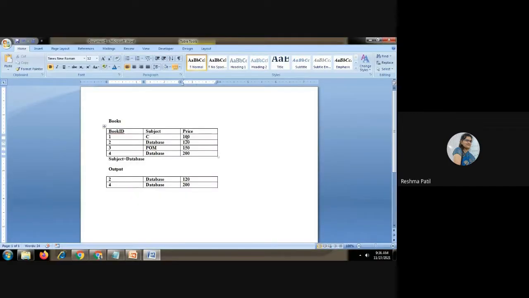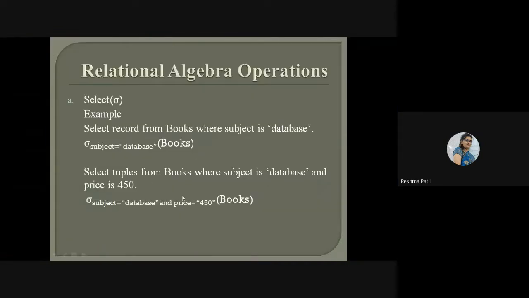Suppose we will give here same record 450 and one more database book is there, but price of that database book is 200. What is the condition here? And is there in between. If and is there in between two conditions, then both conditions should be true. Then and then only it will show the result.